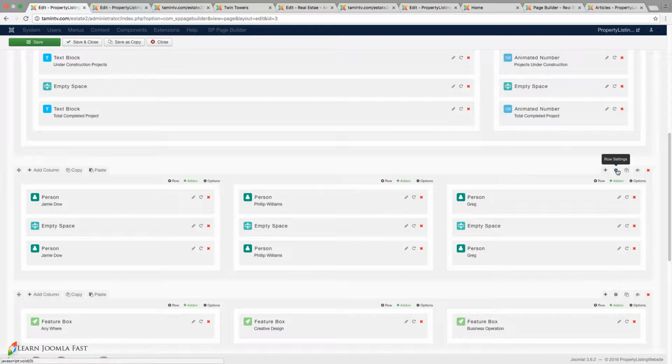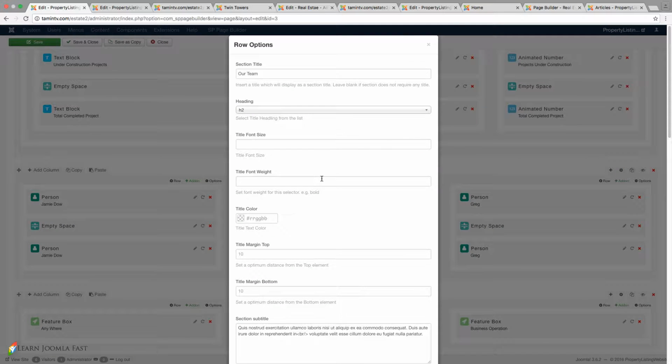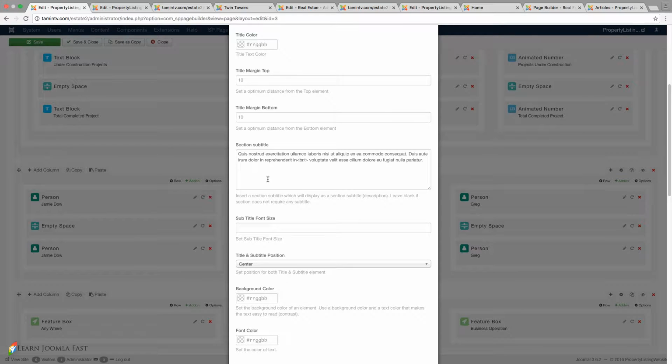And then let's take a look at the row setting for the person. This is our team. You can put in my team, you can put in the crew or whatever you want to put, and then set the heading to H2 or H1. And then for the text here, you want to make sure that you have something like this. Just add in the break. Make sure that is 2 lines, and just put in this little thing here in the middle. You just type that in,